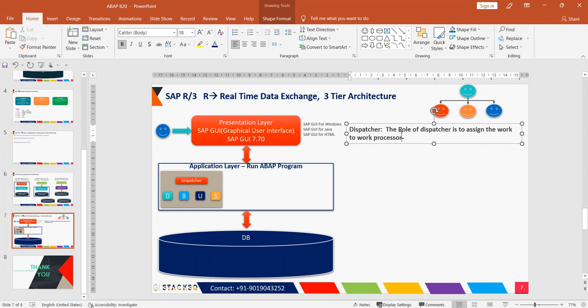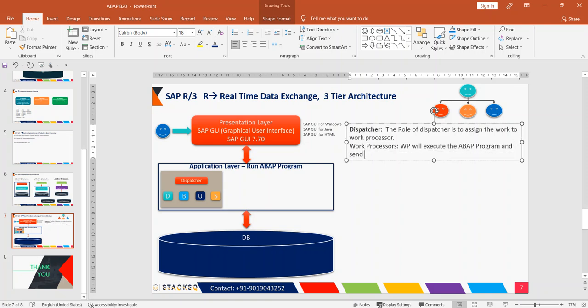The role of the dispatcher is to assign the work to the work processors. Okay, and what are work processors now? Work processors will execute the task. They will execute the ABAP program,